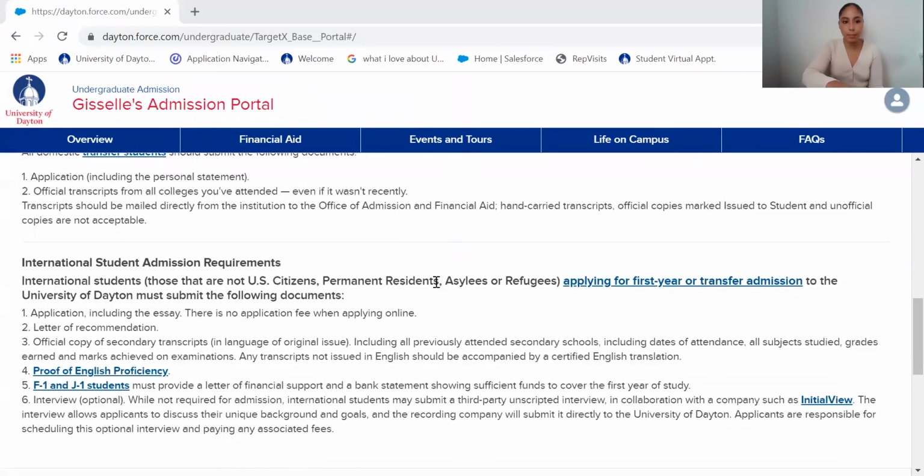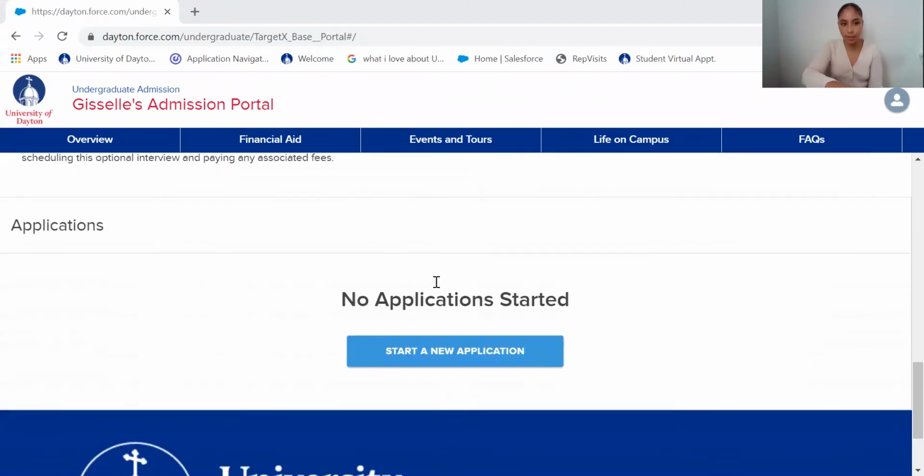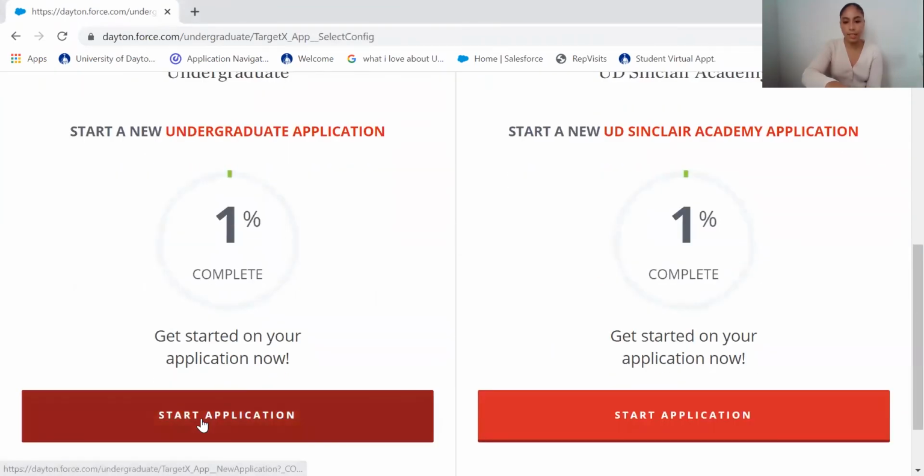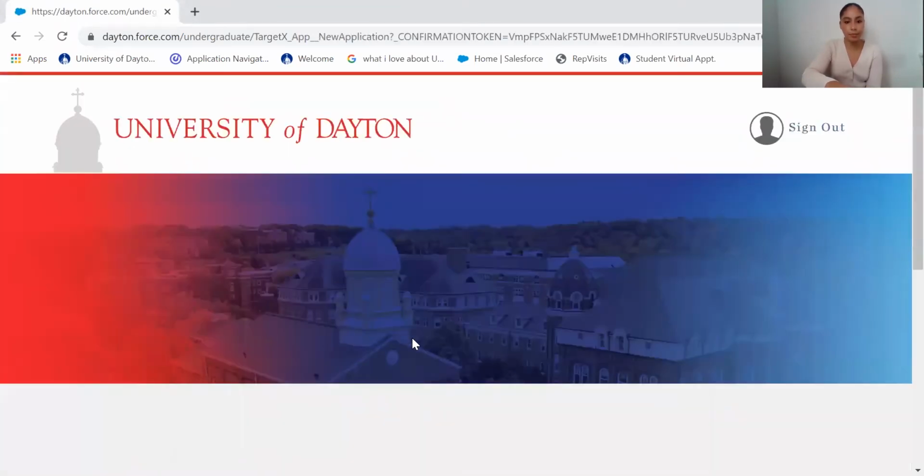Now that we've reached the bottom of our first page of the admission portal, you will want to select the option to start a new application. So let's go ahead and get started on that application.